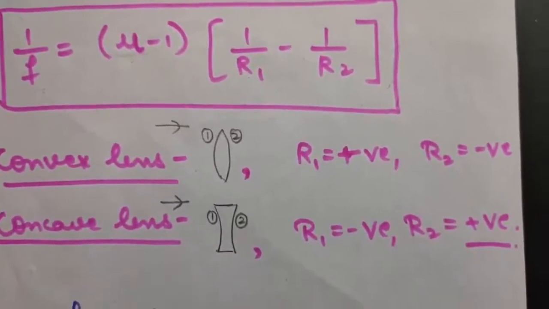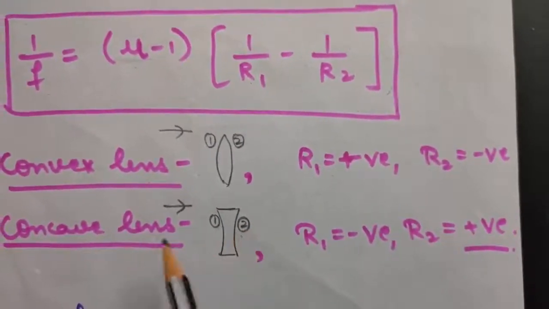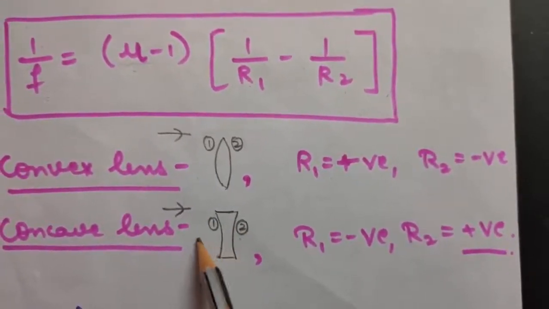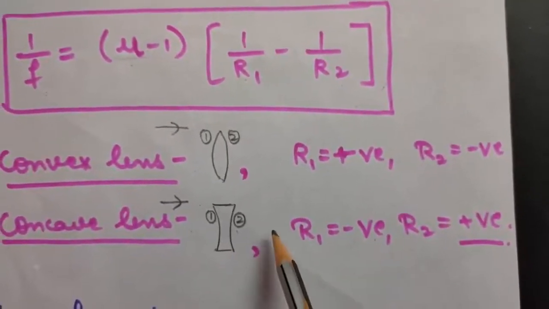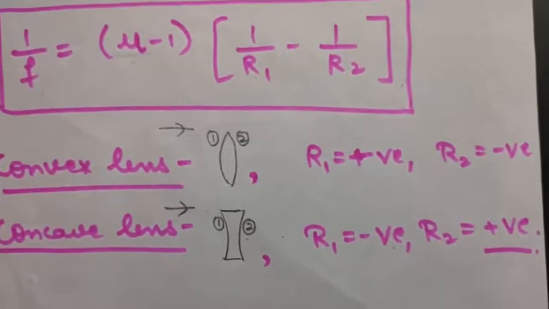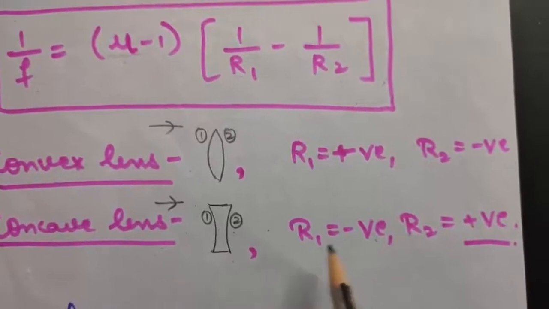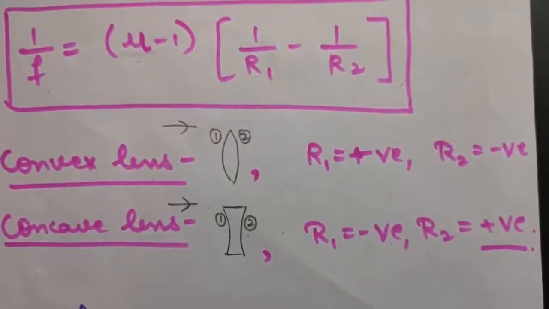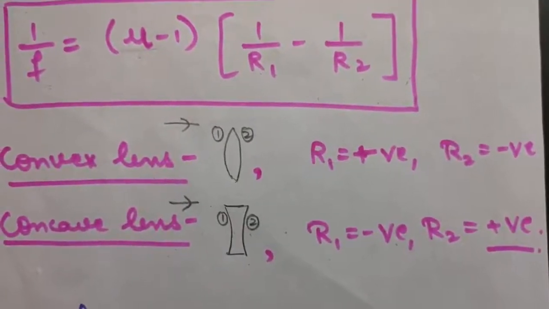Similarly, in concave lens, again, this is your first refracting surface. This is your second refracting surface. This is the direction of incident light. So for this, R1 will be lying here, that is in opposite direction of incident light. So therefore, for concave lens, R1 will be negative, and because R2 will be lying in this direction, R2 will be positive. Okay, so remember this, for convex lens, R1 will be positive, R2 will be negative, and for concave lens, R1 will be negative and R2 will be positive. Now, according to the various quantities given in the numericals, you can put these values here and you can calculate whatever is asked in the numerical.